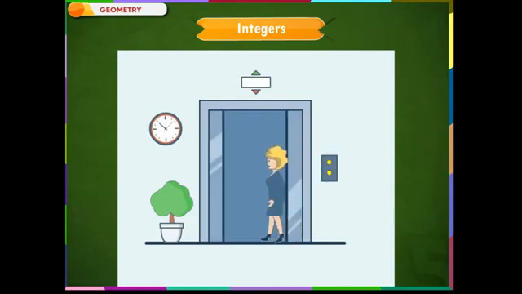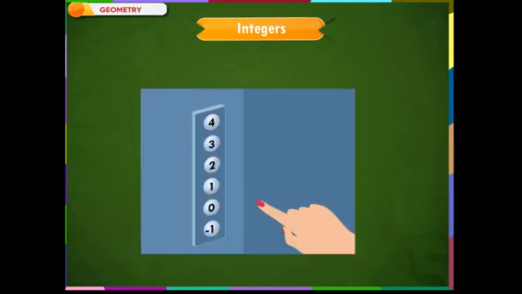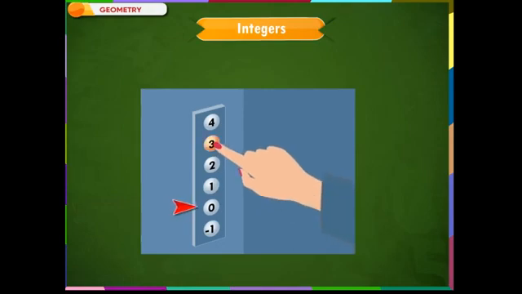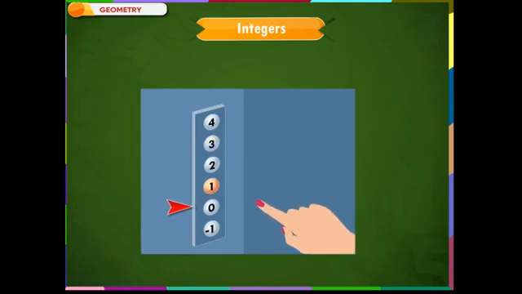We all have experienced passenger lifts. You must have noticed these kind of buttons inside a lift. We take ground floor, 0, as our reference floor. As we go up, the number of floors increases. As we go down, the number of floors decreases. When we go further down than the ground floor, we see the negative numbers. This is quite similar to a vertical number line.